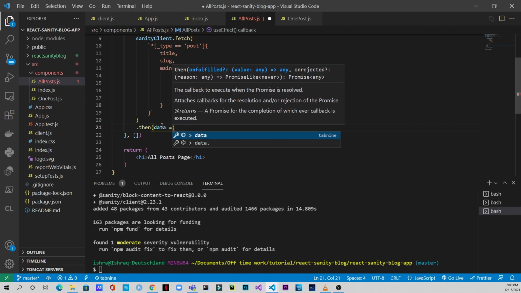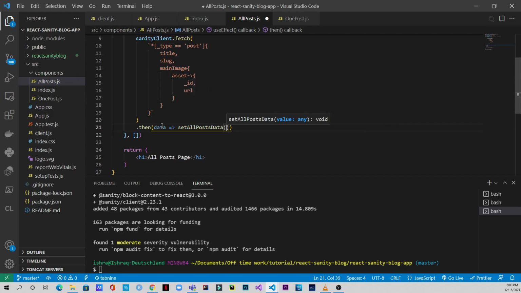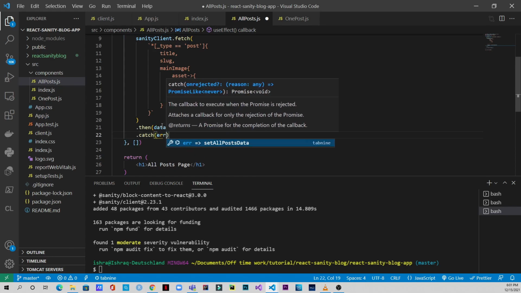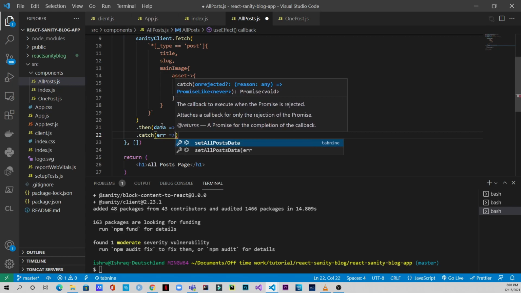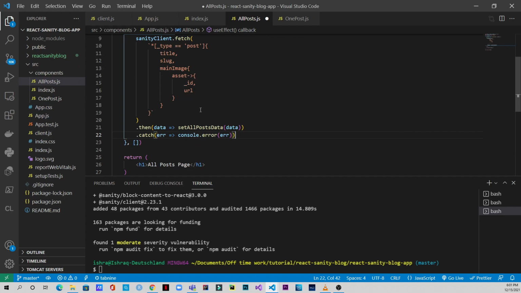In that case, we're going to set all posts data to the data that we have obtained, or otherwise we can catch. I'm going to put this catch in the next line, and in the catch block we can have error console.error. Okay, that's what we can have. All right,